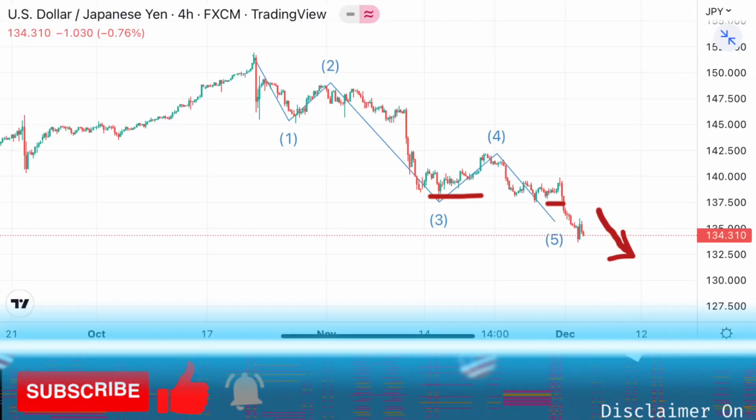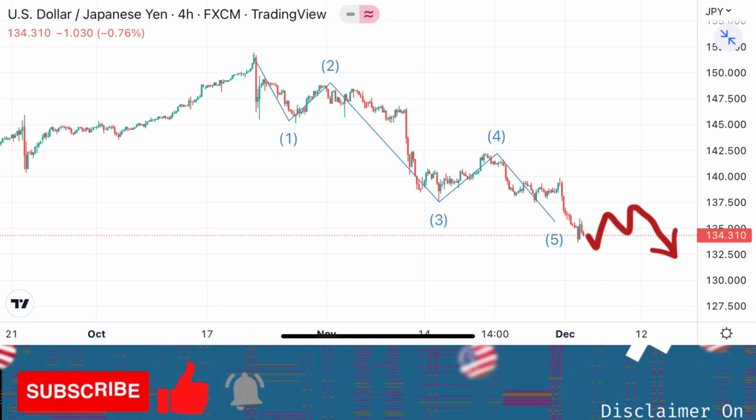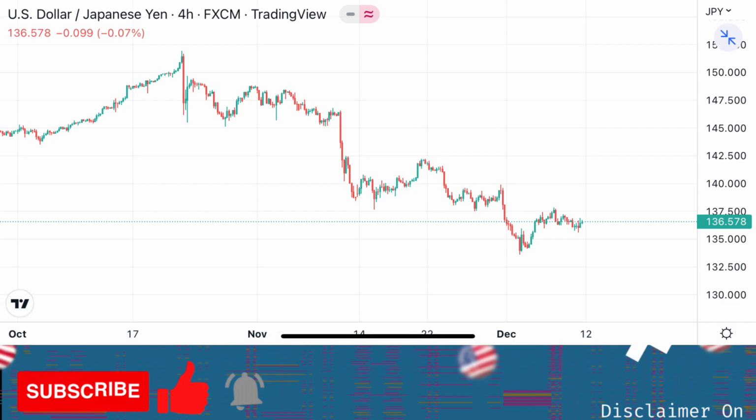For USD Japanese yen, last week I said Japanese yen will probably get one more last drop and then look for a buy setup as correction, and it went as I forecasted, and here's the update. Amazing, isn't it? So, for those of you who made profit from yen, congratulations, take your profit, because next week Japanese yen will get more volatile. I can see Japanese yen will have some correction and then find a buy setup. So the bias is to upside.